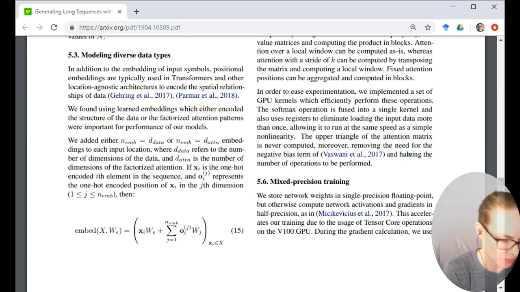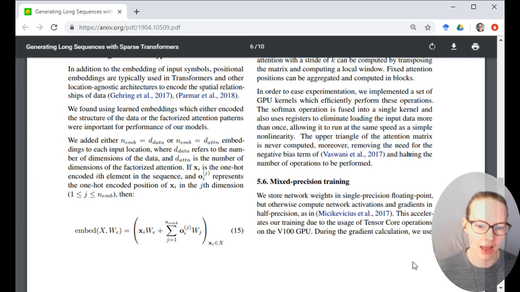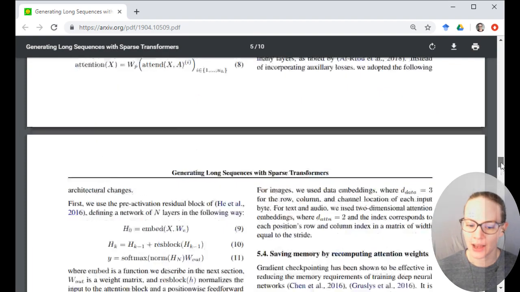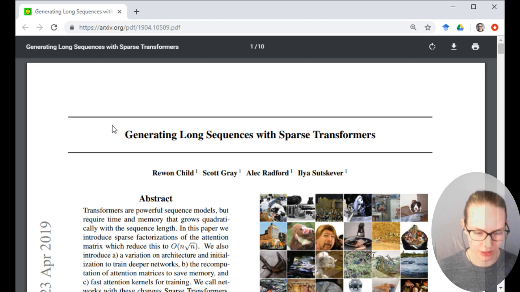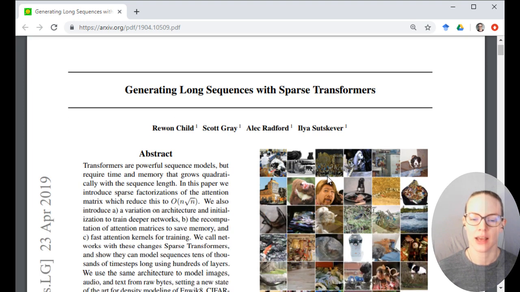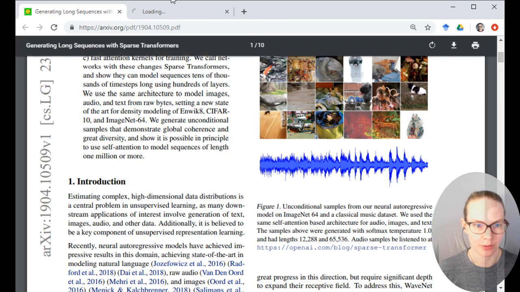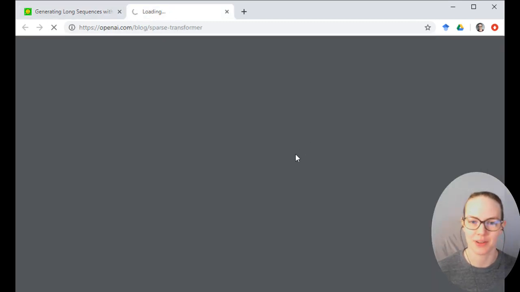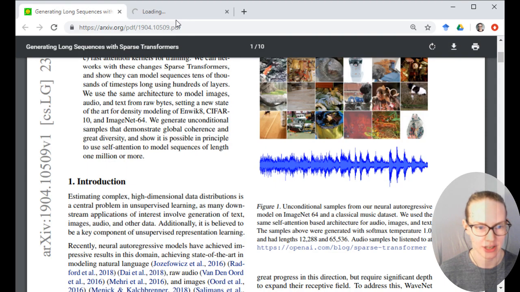We are jumping back in with this paper, starting with section 5.6. And just a little bit of a refresher, because it has been a week. So this is a paper out of OpenAI, and they are looking at generating sequences. And those sequences include images, music, and the music is in the blog post here if you want to listen to it. I haven't figured out how to manage audio so you can hear my computer audio, but only the audio I want you to hear, and not my 5,000 Slack pings that are constantly screaming at me. So that's the first link in the paper, and you can check that out if you want to hear the